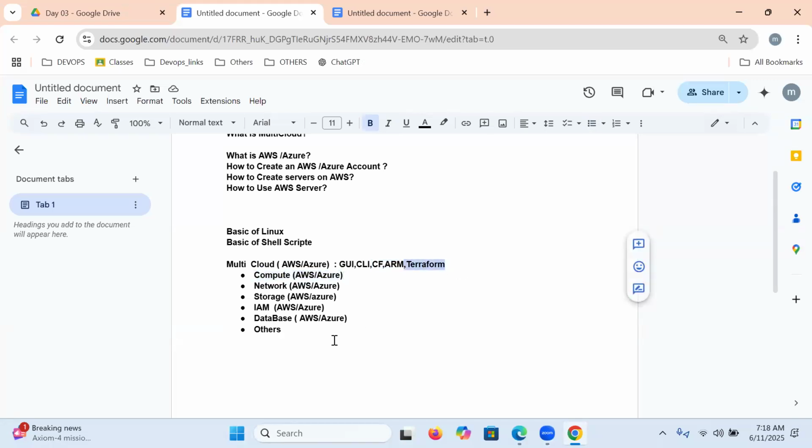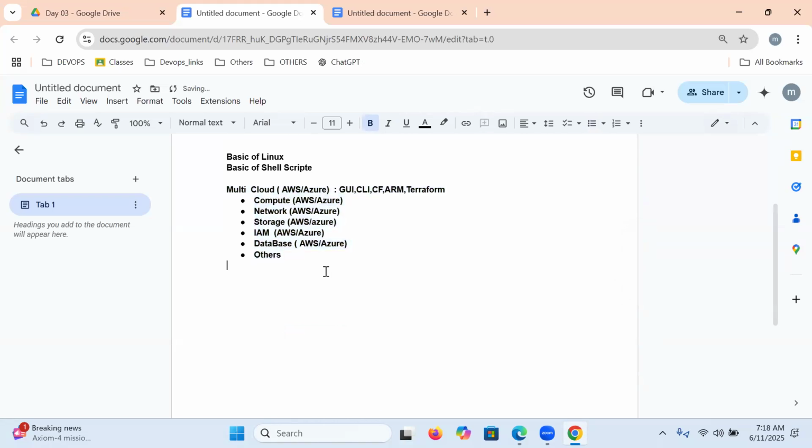Terraform is a cross cloud platform. Either you go for AWS or Azure, it is cross cloud. It is a common place to work for Azure and AWS. So this is exactly multi-cloud. Then we're going to start with DevOps, please. While implementing DevOps, we're going to take infrastructure from the AWS cloud as well as Azure also.